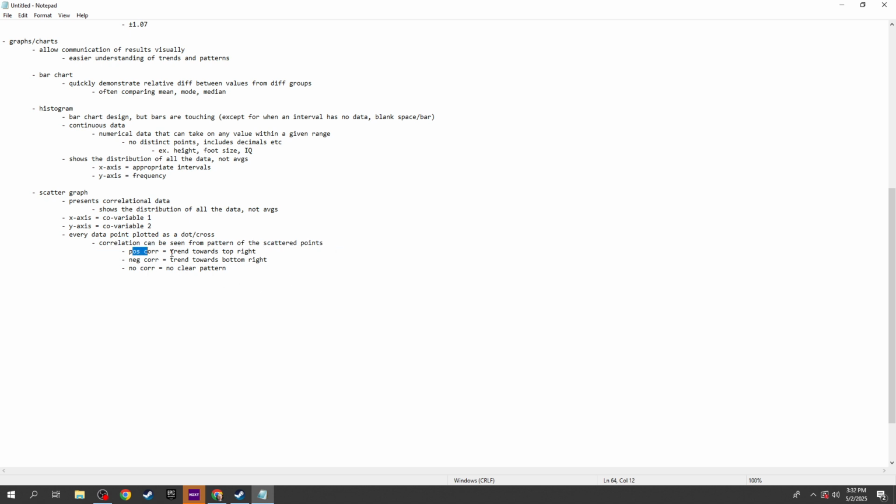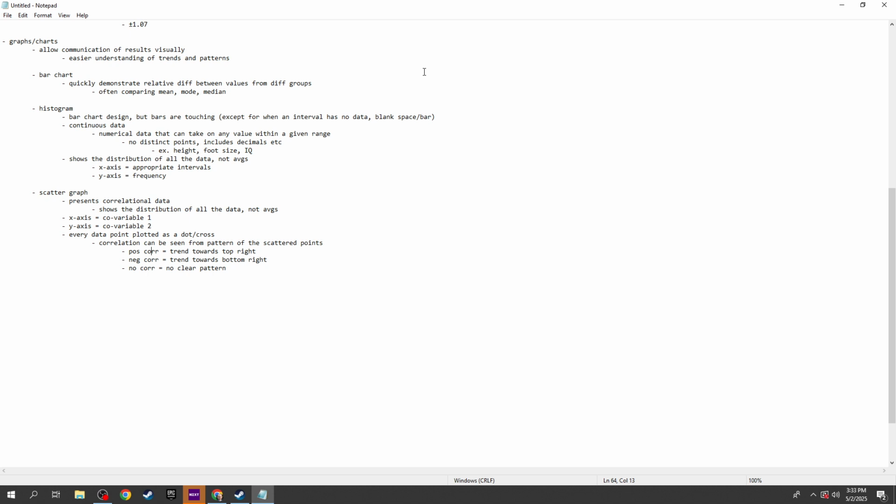For example, positive correlation is a trend towards the top right, starting from here, if you can see my cursor, starting from here up towards here, right? It doesn't have to be a perfect diagonal going straight up from bottom left to top right. It can be a more horizontal diagonal, one that's less steep, it can be really steep, and that just gives you more info on how the relationship works. But either way, as long as it's bottom left to top right, that's the trend,